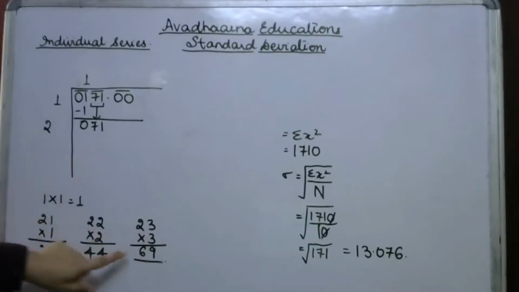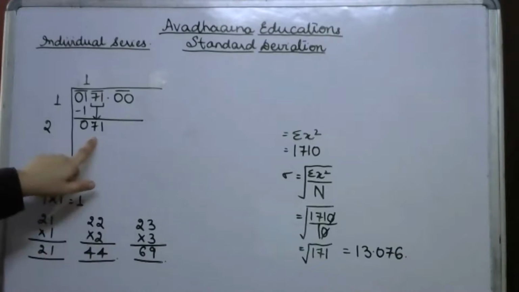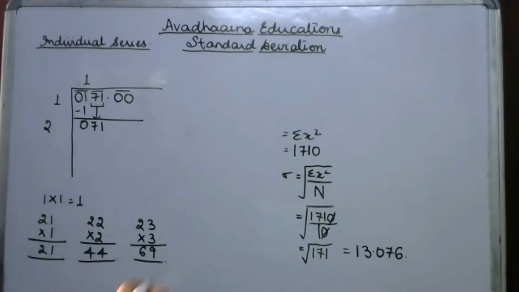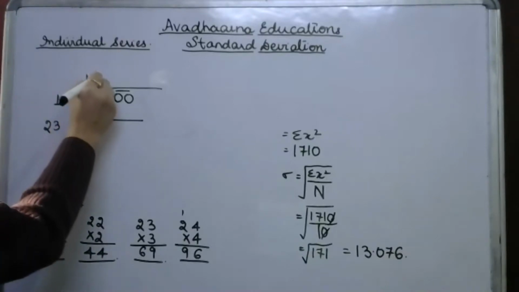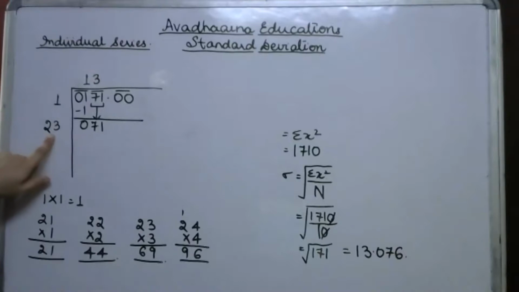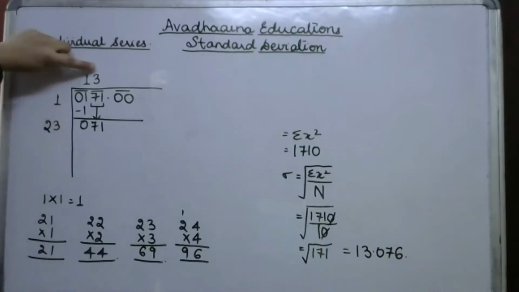Yes. So now 69, it's very near to 71, and you can see that अगर मैं 2 के आगे 4 लगाती हूँ और उसको multiply करती हूँ 4 से, 4 4s are 16, 1 4 2s are 8 and 1 9. 96 is greater than 71. So obviously the next digit is 3. So 3 I'm going to write over here in the divisor. So it will become 23 and 3 in the quotient.